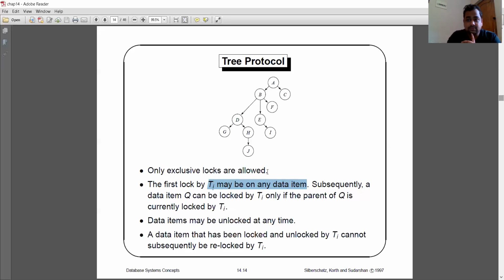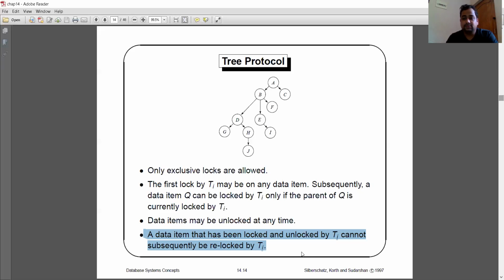So the first one is clear. The simple thing is that transaction Ti can put a lock on data item Q if it has previously locked all the parents of Q. Second point, a data item may be unlocked at any time. Anytime we can put an unlock on data item X. And the third point is that a data item that has been locked and unlocked by transaction Ti cannot subsequently be relocked by